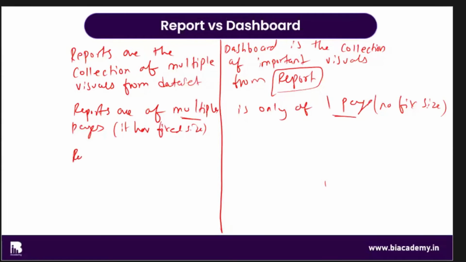Reports are created in Power BI desktop, whereas dashboard is created inside Power BI service. So first of all, you create a report in Power BI desktop, then you publish that report into Power BI service, and in Power BI service, you create a dashboard. Okay. Next difference is